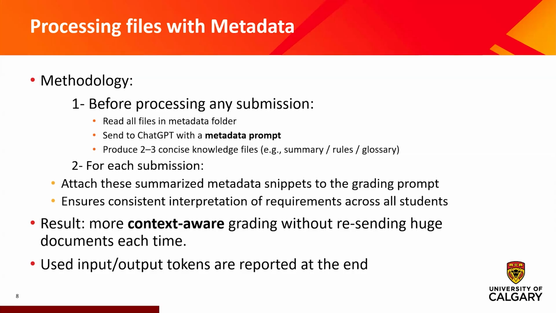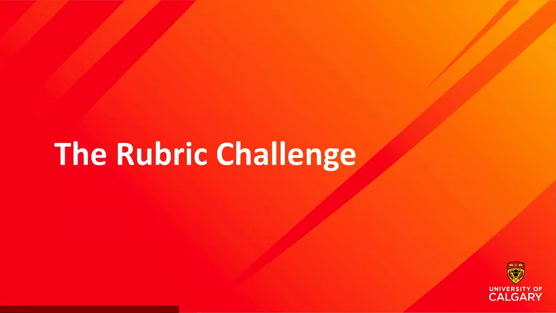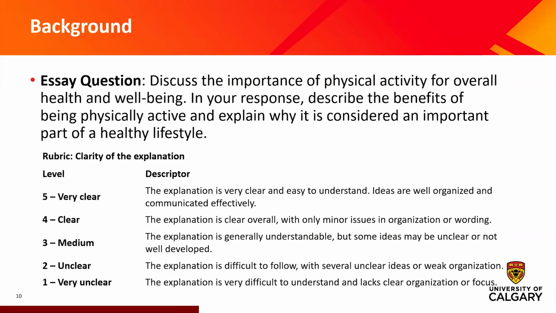Okay, so now we are moving to explain how to use the tool. And the first thing is the challenge that we faced around rubrics. To start with this challenge, I will give you a really quick example of a type of essay question. Discuss the importance of physical activity for overall health and well-being. In your response, describe the benefits of being physically active and explain why it's considered an important part of a healthy